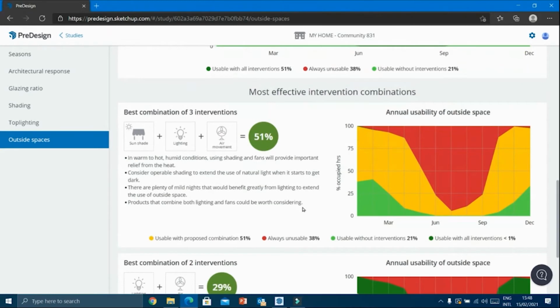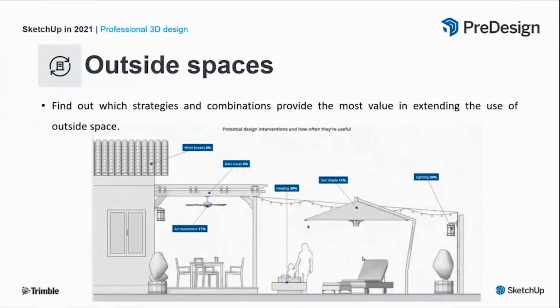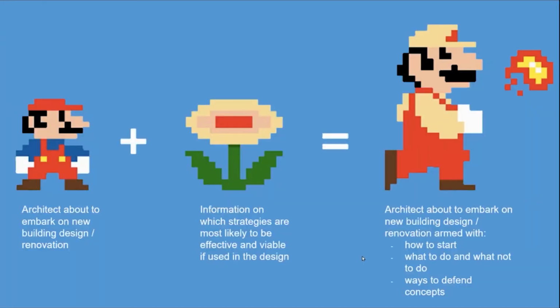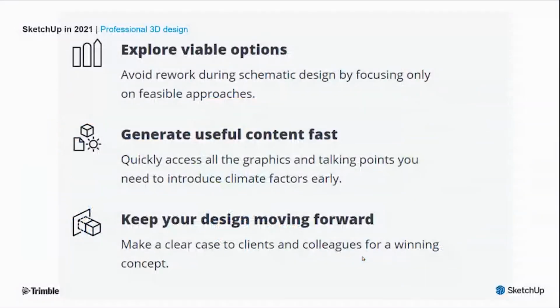So as the name pre-design indicates, we can take all this information before we start designing. Basically, this pre-design is an information booster. So after exploring pre-design, all the designers will have a clear idea about how to start and what to do and what not to do. And this one helps to produce a better design outcome with less research, and also reduces the risk of going for unsuitable design ideas. And then we can invest more time in our concept development by focusing on feasible approaches.